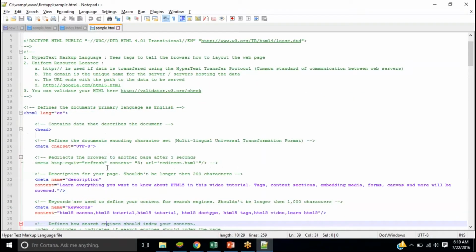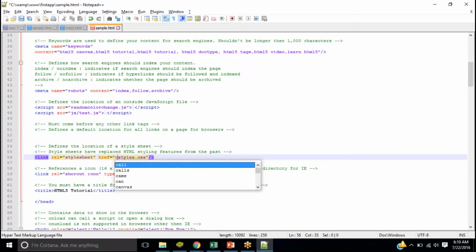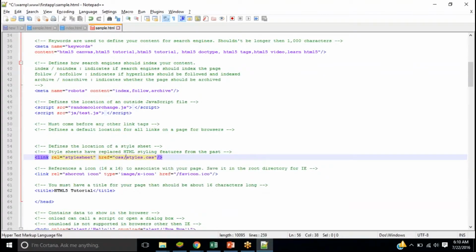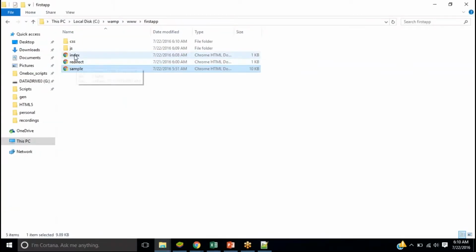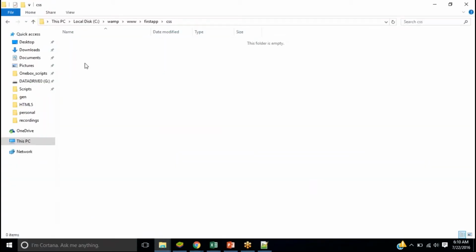So instead of this, I can directly refer to css/styles.css. So now you might have understood, right? The sample is in this folder of first app. So when I say css/style.css, it goes to the CSS folder in that particular folder, and inside it will pick the style.css.